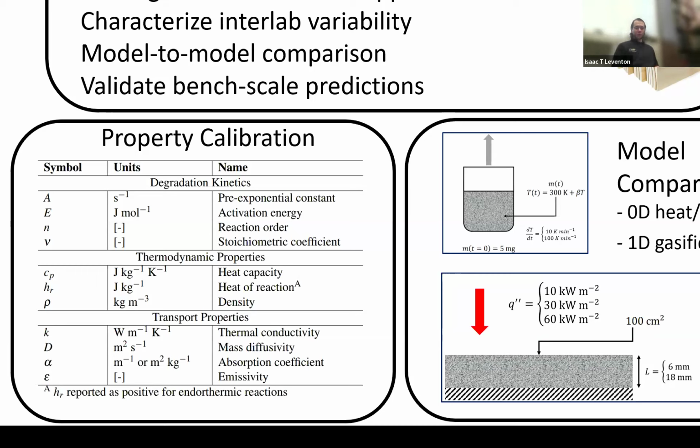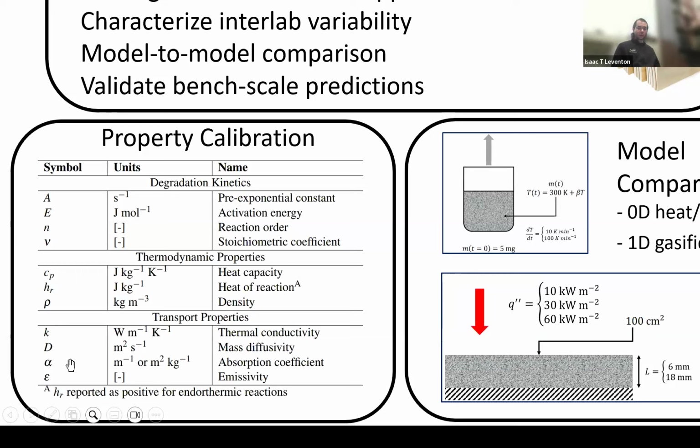Sure. Some of these properties may vary as non-scalars. That's entirely fair. They may not be fixed values. I think a very broad approach is that we don't want to specifically say, here's how you should calibrate your model, or here's what your model should look like. The level of complexity that is needed will allow modelers to make that decision. Is it one single heat capacity all the way through, a constant value? Does it change with different components that are reacting? Is there one for char and one for original wood? Is that temperature dependent? I think you brought up fair points that they may not be fixed scalars.